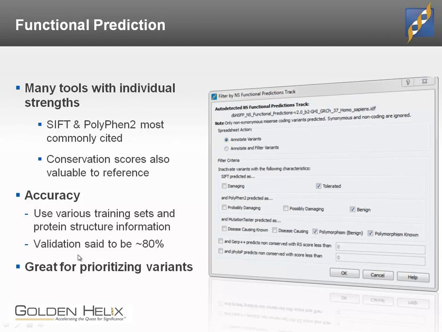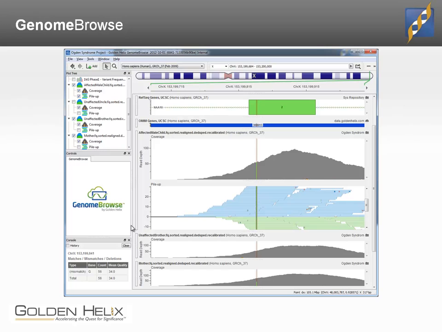In fact, I think there's been a number of studies showing that if you sample these and do a deep level functional validation, only about 80% of the predictions are accurate. Again, that's a pretty good number for something so complex. It's great for annotating variants. It's great for prioritizing which ones you're going to go and do some functional validation on, but you might not want to use this as a primary filter if it potentially would throw out some false positives at you.